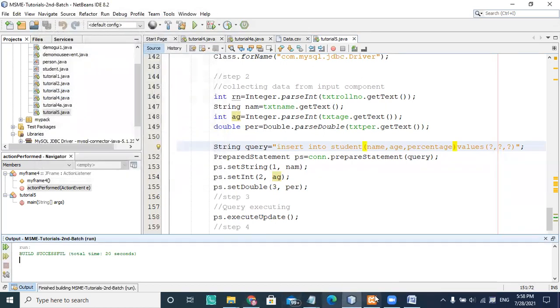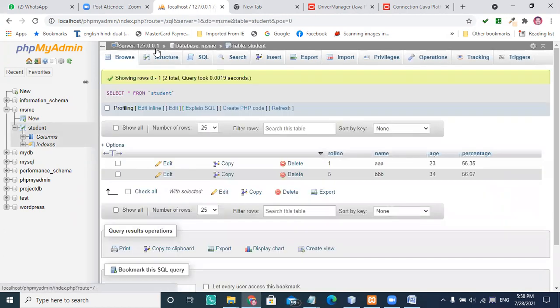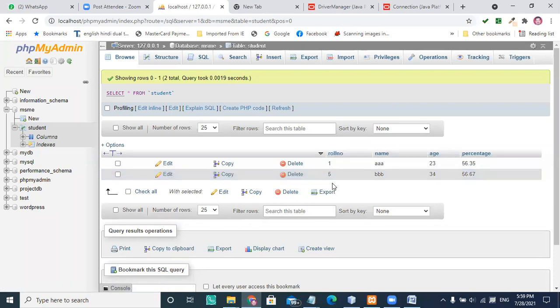So let me check in my browsing window. I'm clicking on student here and looking. So the second record is inserted, BBB 34 56.7. Why is this 5? This is 5 because I already created 4 records and deleted them previously, and that's why the auto number generated is the fifth number.